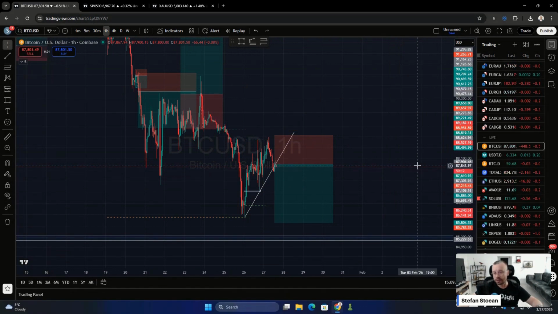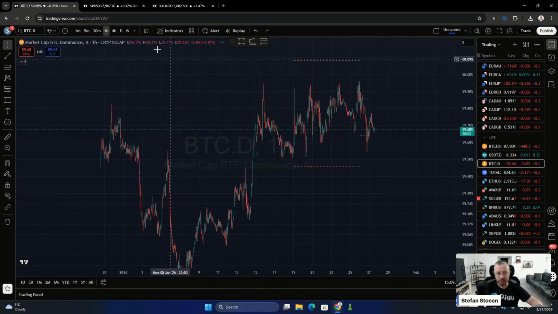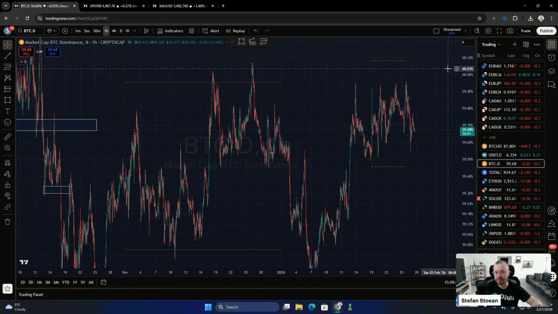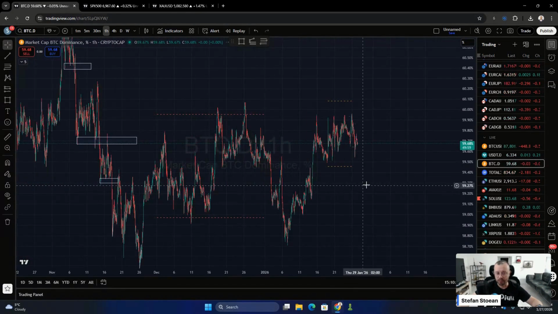How do I use these things to trade other coins based on Bitcoin? Well, first of all, if I have a setup I want to execute, I look at it like this. What's happening with Bitcoin dominance on the same time frame? If Bitcoin dominance is in a bullish setup and gives me the impression it might form a new high above this zone while Bitcoin is dropping, that means it would be preferable to look for short setups and execute them